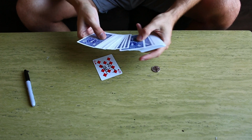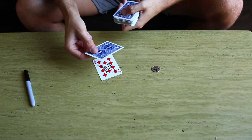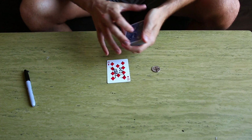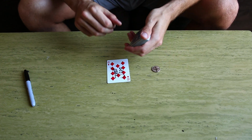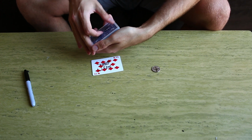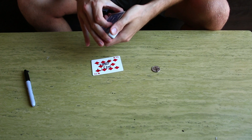Have our spectator pick a card. Let's say they picked the 10 of diamonds. They sign the card, and you're going to perform a Marlowe Tilt. So while they are signing the card, you're just going to prop up the top card to prepare for a